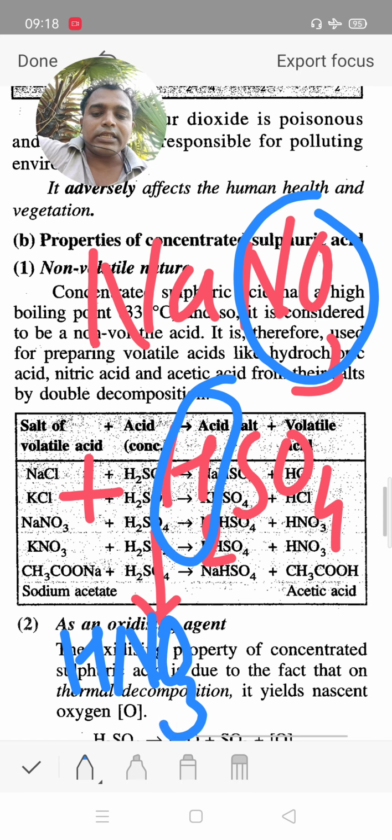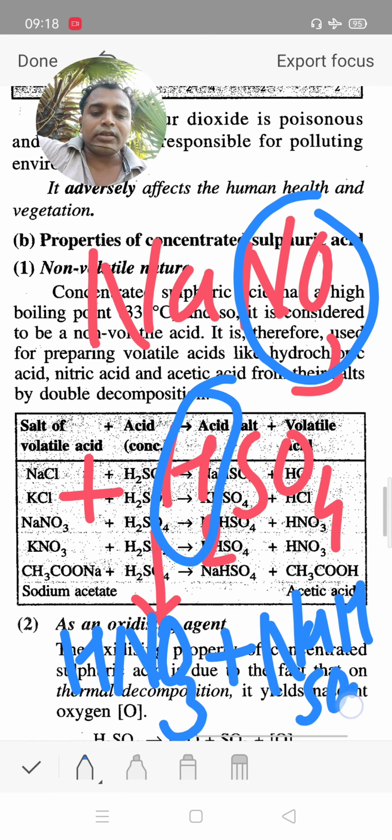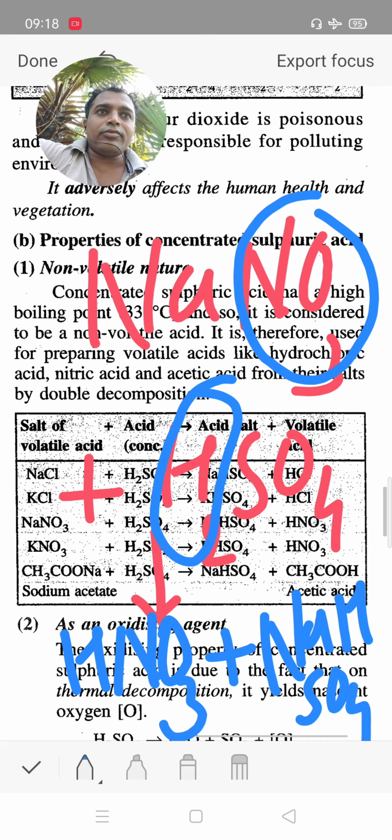It is a volatile acid, and the salt is sodium hydrogen sulfate. When sodium nitrate reacts with sulfuric acid, it gives volatile nitric acid. This is the preparation of a volatile acid from a non-volatile acid. Sulfuric acid is the example of a non-volatile acid used to prepare volatile acids like nitric acid and HCl,